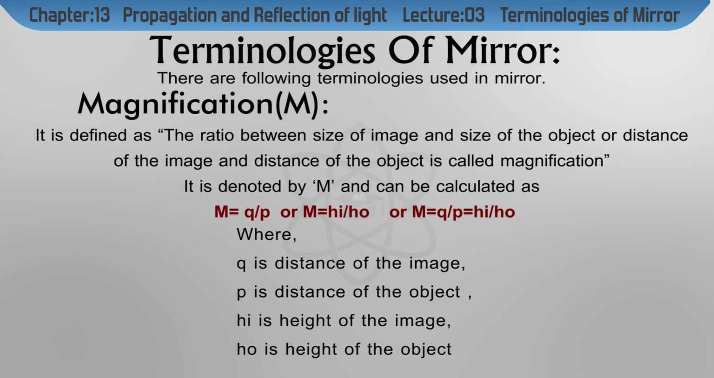It is denoted by capital M and can be calculated as M = q/p, where q is the distance of the image from the lens or mirror and p is the distance of the object from the lens or mirror. It can also be written as M = hi/ho, where hi is the size of the image and ho is the size of